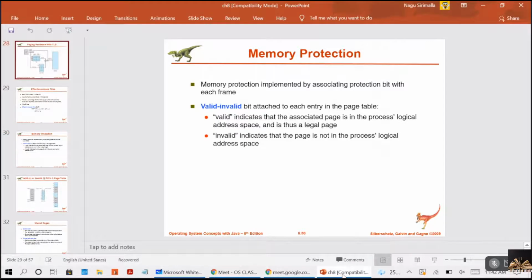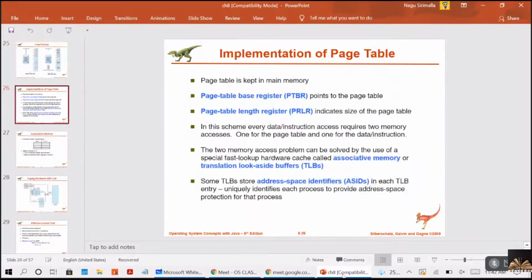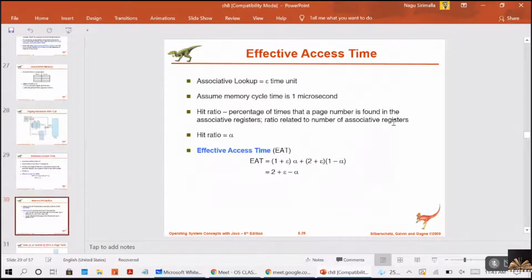To avoid that, as I told you, we use a register called the page table length register, which indicates the size of the page table. This value is checked against every logical address to verify that the address is in the valid range of the process or not, right?